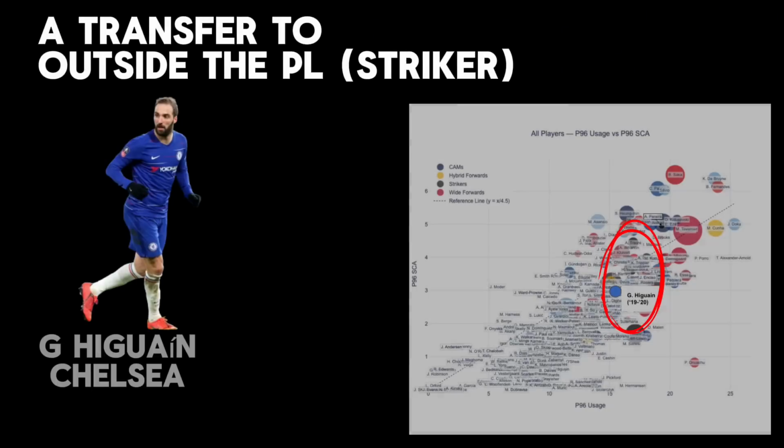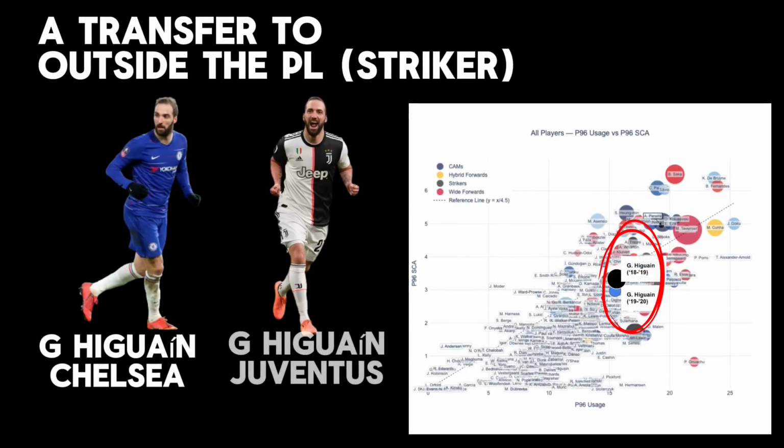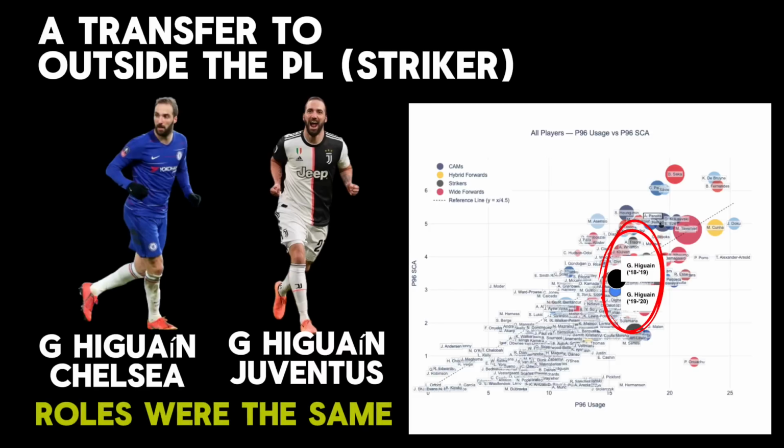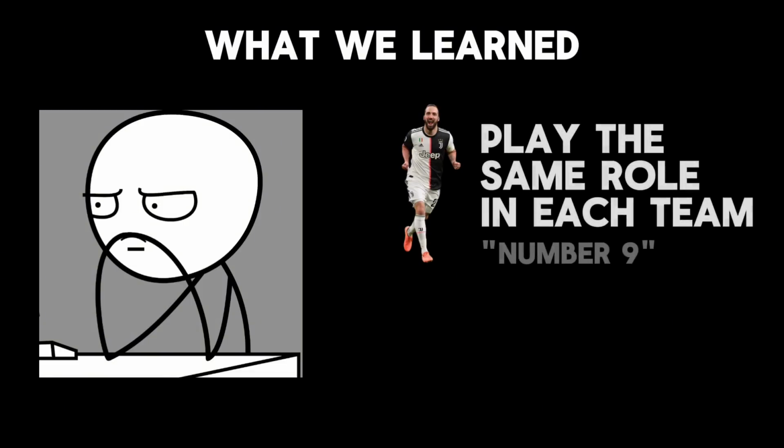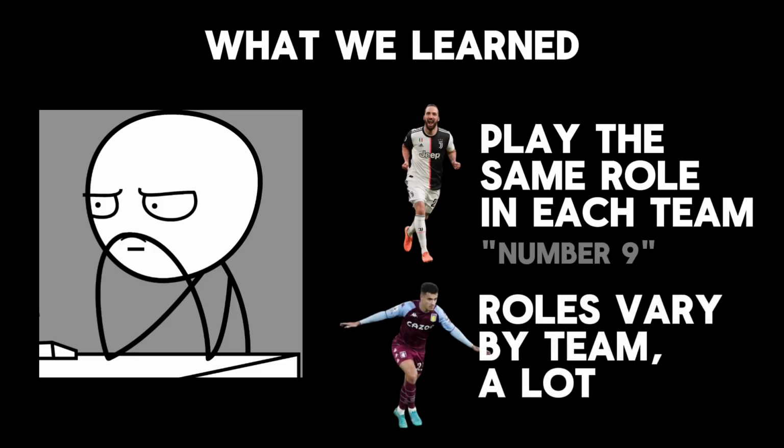Speaking of roles, what about a striker who moved? Here's Gonzalo Higuain at Chelsea, and then Gonzalo Higuain at Juventus the season before. In terms of ball dominance and creativity, he was basically the same. The only difference is that he couldn't score. But this gives us some interesting context to look at transfers with later. For strikers like Higuain, perhaps his place on the graph is so similar because he's playing the same role in each team, whereas with Coutinho, he has to contend with the existing hierarchy of the other forward attacking players.